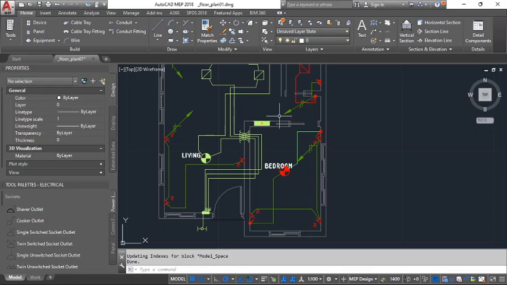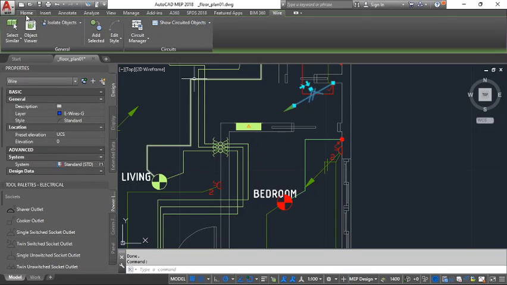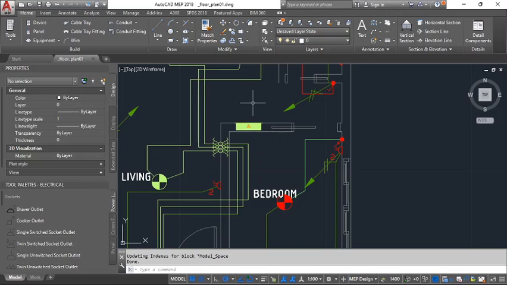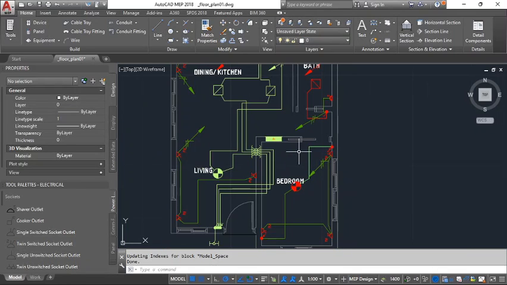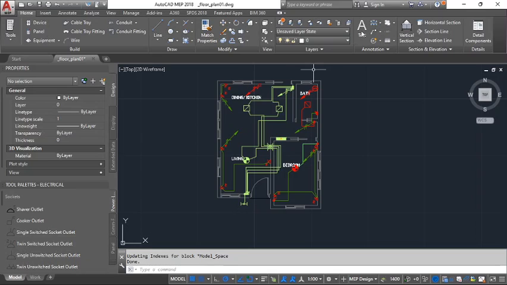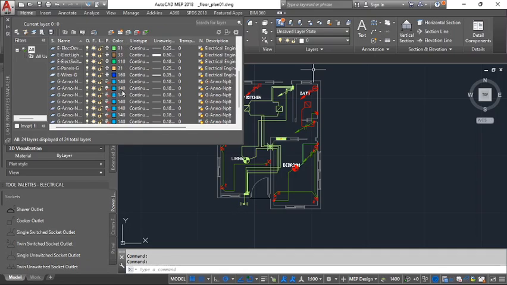Was it blue? Okay. Let me check again. Yeah. We've changed the color to blue, but it's not changing for some reason. But we can do that later on. So maybe create a new layer and then add the